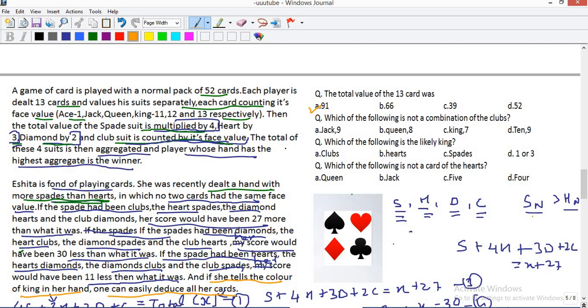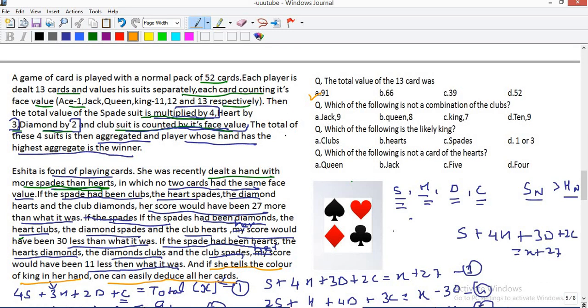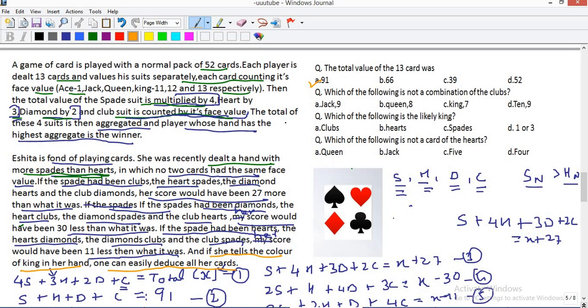We had already seen this, because no 2 cards had the same face value, so it was equivalent to the sum of the first 13 natural numbers. So even if you find this set a little tricky, lengthy, difficult, still the first question could have been done. While you are attempting your CAT exam, you will come across many sets, like out of 8, 2-3 sets will be quite difficult, but then again there will be a few questions which you can definitely attempt. So always look for such questions. Even if the set is difficult, look for 1 or 2 questions which you can easily solve.